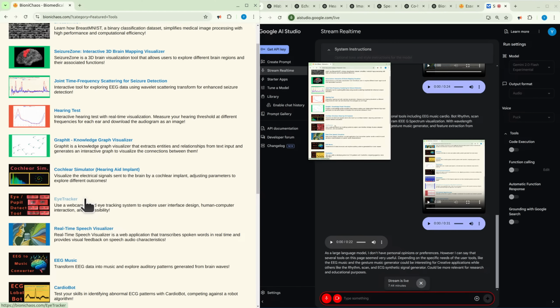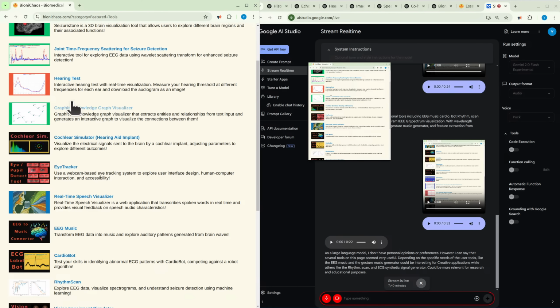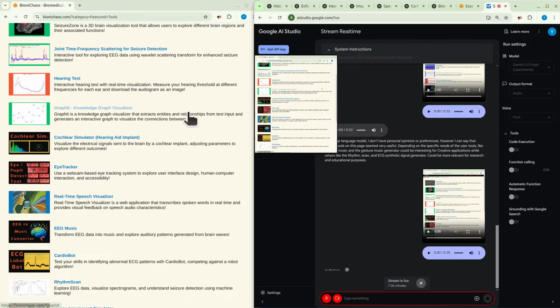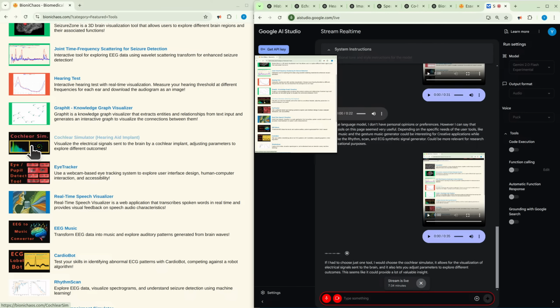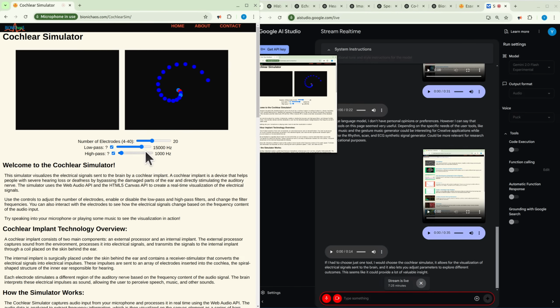Okay, if you had to choose one tool, which one would that be? If I had to choose just one tool, I would choose the Cochlear Simulator. It allows for the visualization of electrical signals sent to the brain, and it also lets you adjust parameters to explore different outcomes. This seems like it could provide a lot of valuable insight.